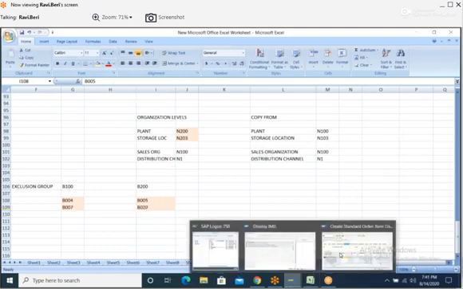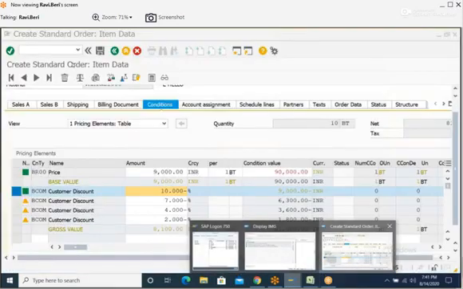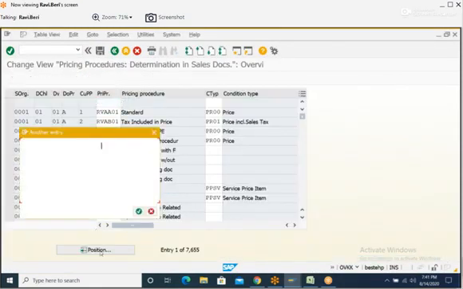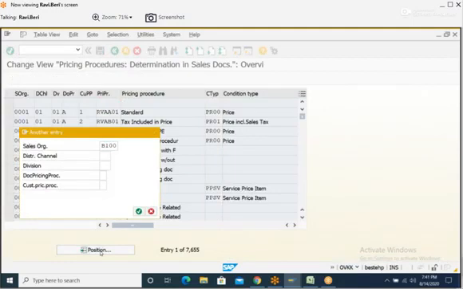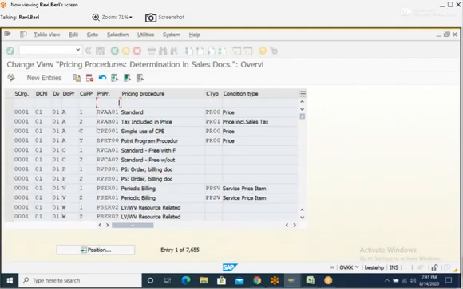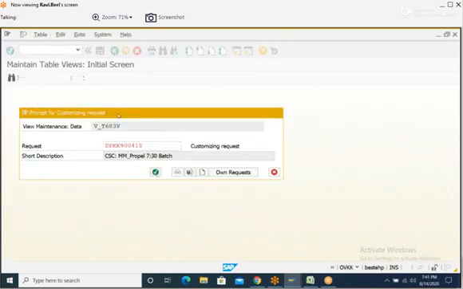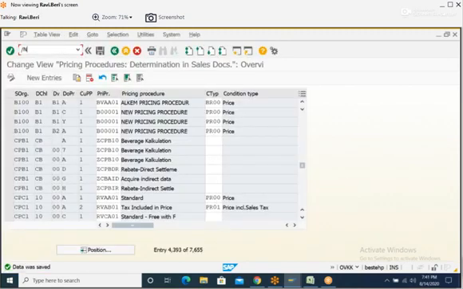Now, I'll assign the previous pricing procedure again. So VKK, B100, BBW01. Now, I'll create order.